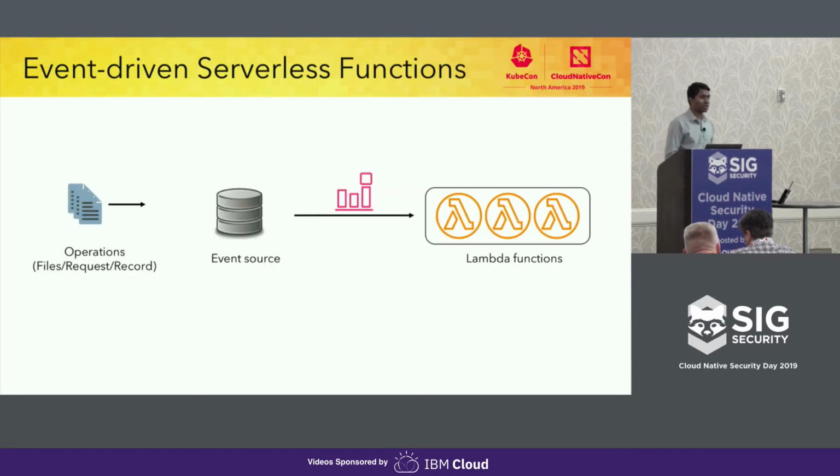Event-driven functions are functions as a service, or Lambda functions, that get subscribed to events. For example, Lambda functions can sit on top of S3 and listen for all the put object operations. As soon as objects are stored in the S3 bucket, this Lambda function gets invoked, processes the event, and goes back to sleep. These functions are very useful because you only pay for their invocation, so that saves cost. And you don't have to do polling, because they are only invoked when the event of interest is actually happening.